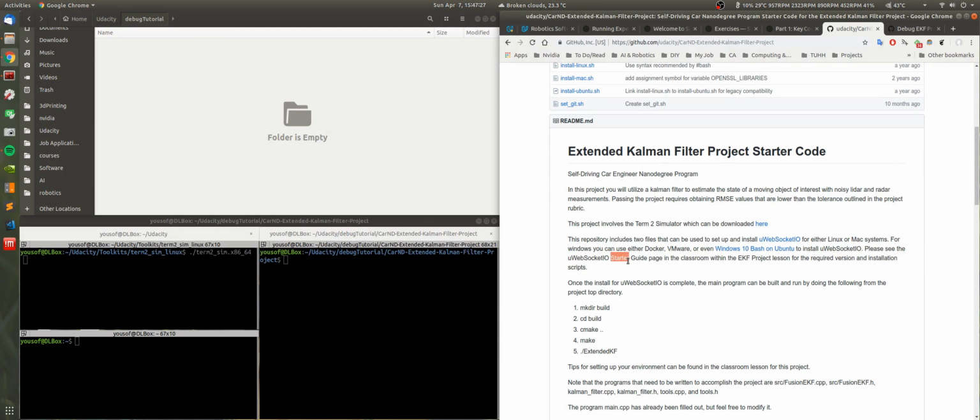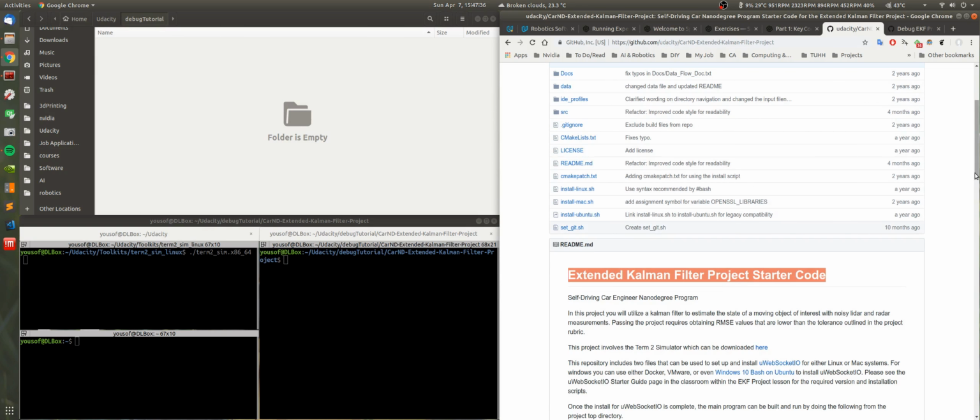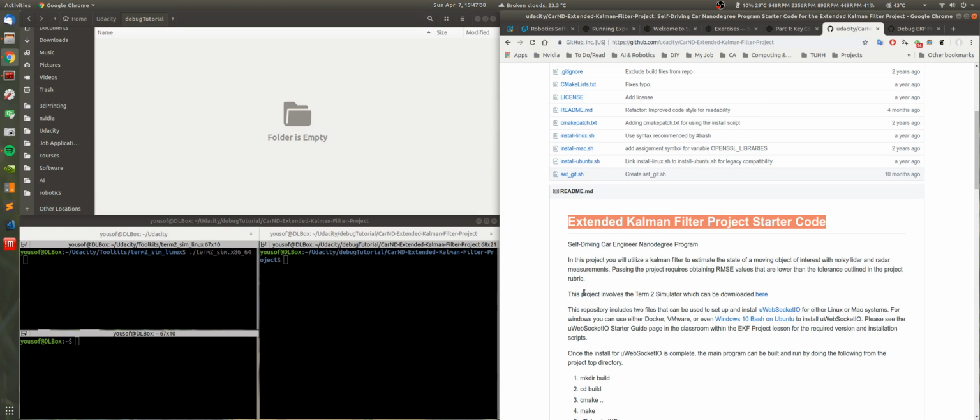Hello, this is Yusuf. I have seen a lot of people asking questions about how to debug stuff they have seen in the Extended Kalman Filter project by Udacity in the Self-Driving Car Nanodegree. They got a lot of errors regarding matrix operations and matrix initializations, and they don't know where they are coming from. They need to do a lot of hard debugging, doing a lot of prints to find exactly where the bug is coming from, and